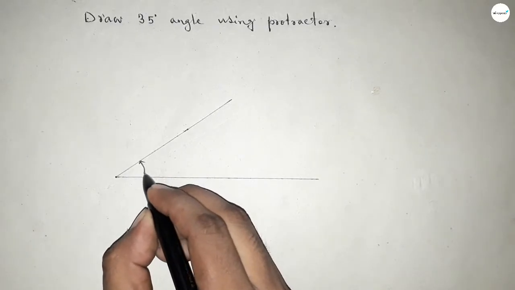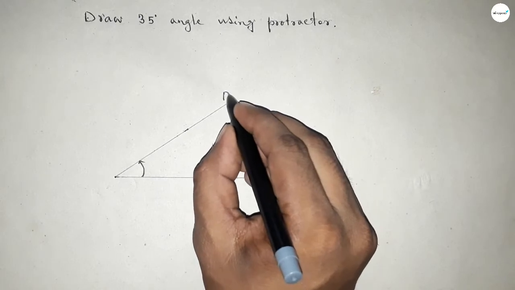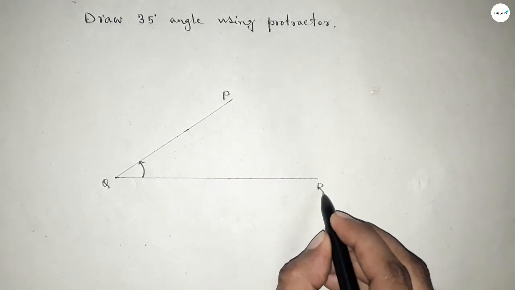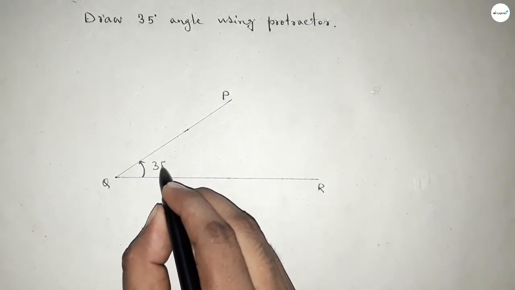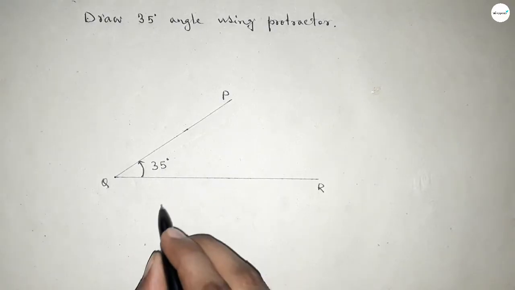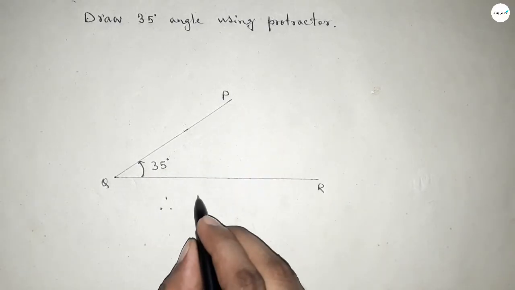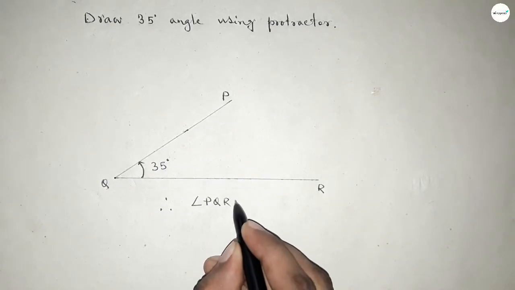So we got the 35-degree angle. So this is P, Q and this is R. So this is the 35-degree angle. So therefore angle PQR equal to